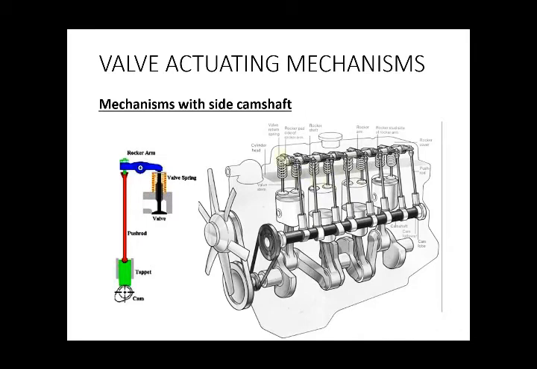That is, one end of the rocker arm is connected to the inlet valve and the other end of the rocker arm is connected to the exhaust valve. So when one valve is opened and finally it is closed, after some time the other valve is opened and the other valve is closed based on the strokes. This type of system is not much preferred because of several disadvantages which we will see now.